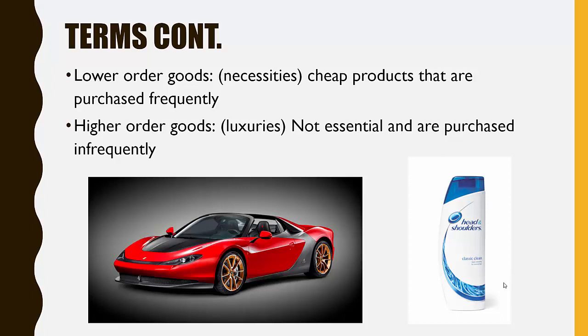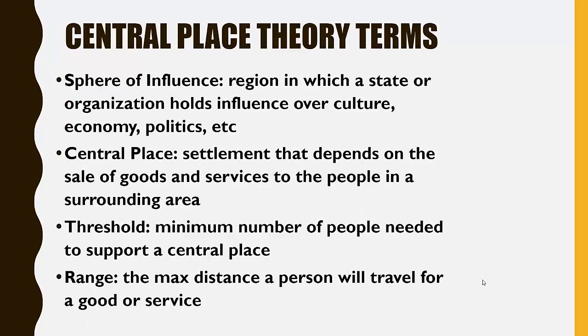Not essential most of the time and are purchased infrequently. Lower order goods tend to be available in all central places, right? Higher order goods tend to be more available in larger central places. All right. So places or industries that have large thresholds and ranges tend to locate in larger cities because they need to satisfy those requirements. Whereas services with lower thresholds and ranges can choose to locate in any central place regardless of size and still